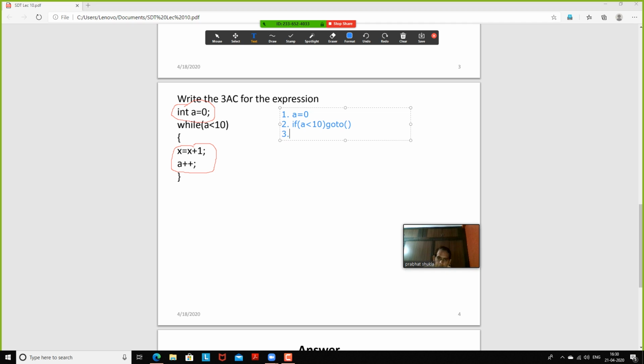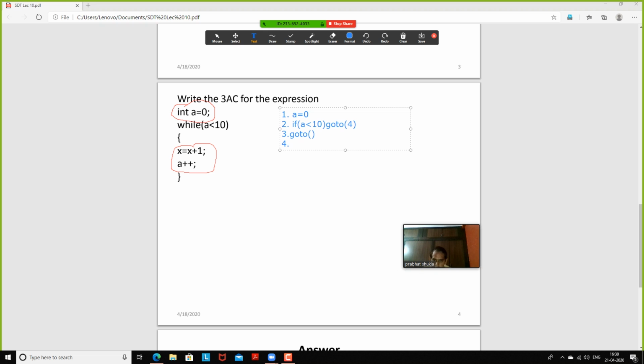The next step, whenever this condition is false, we simply exit from the while loop, so here again we define the exit. Now I am going to define the body of the while loop. Here I mention label 4, because from the fourth line I am going to implement the body of the while loop.